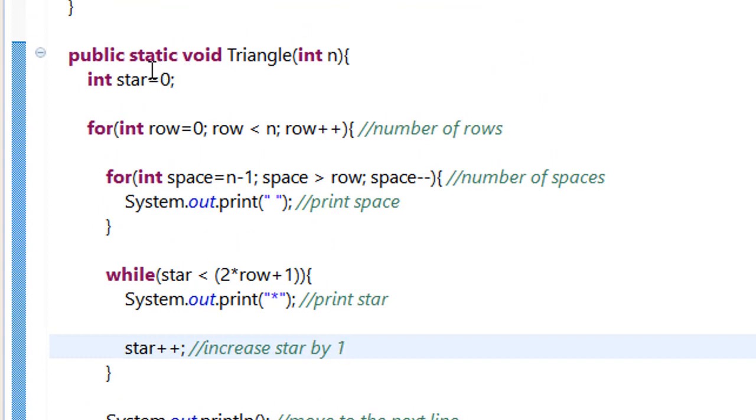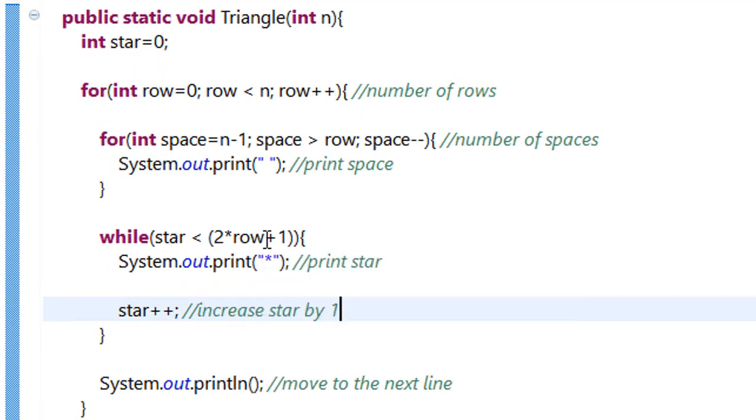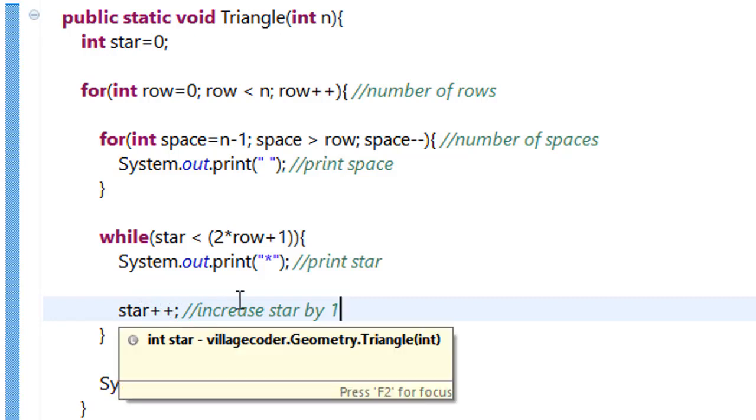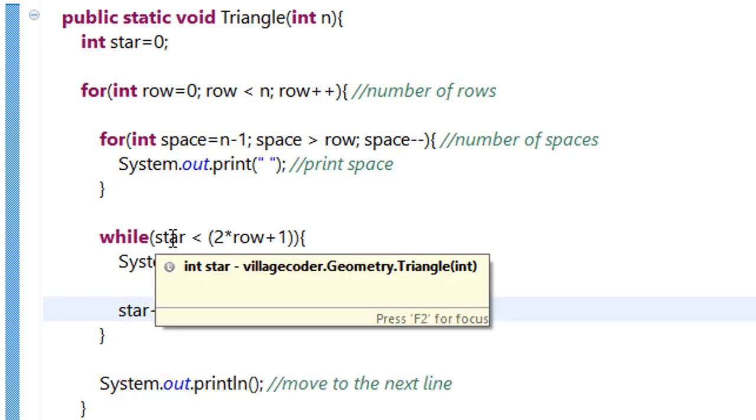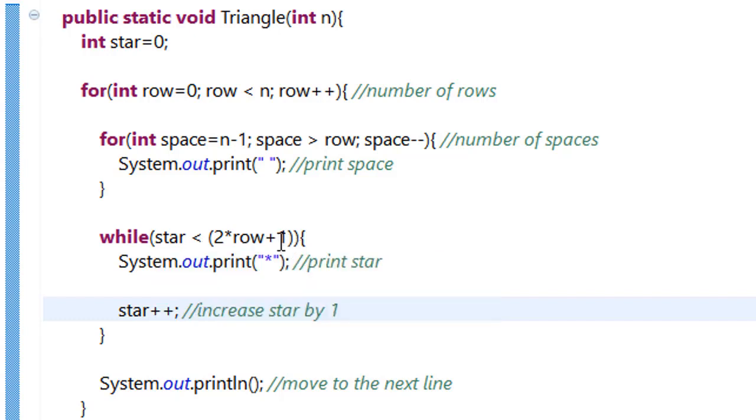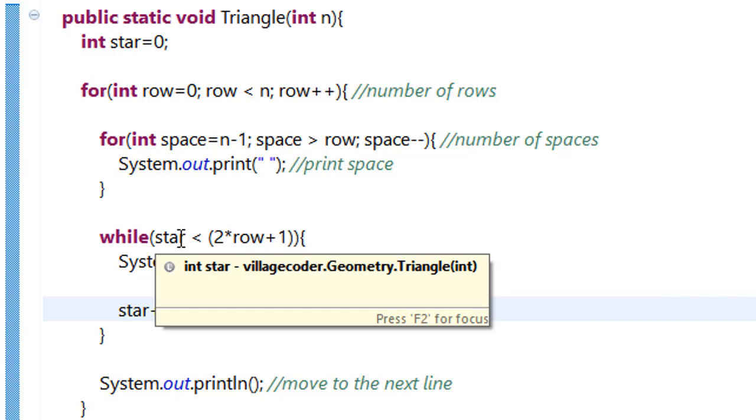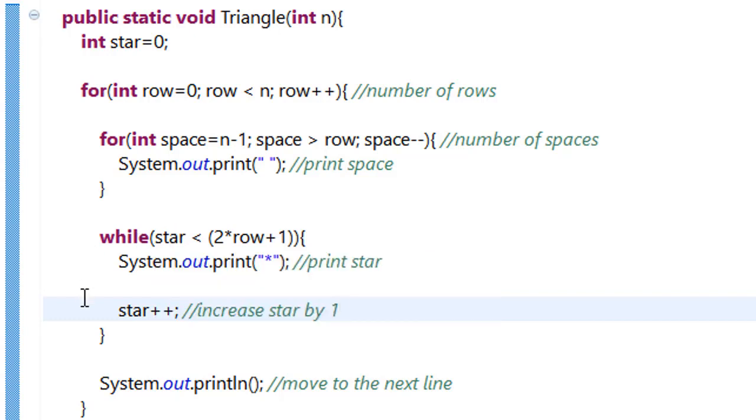Star will start from 0, and during the first iteration, star, which is 0, is less than 2 times 0 plus 1, that is 1. So 0 is less than 1, so it's going to print 1 star here, and the value of star is going to increase by 1 and go to 2. So 2 is less than 1 is not true, and because 2 is not less than 1, it's not going to iterate. So now it will get back to the first loop, and during the second iteration